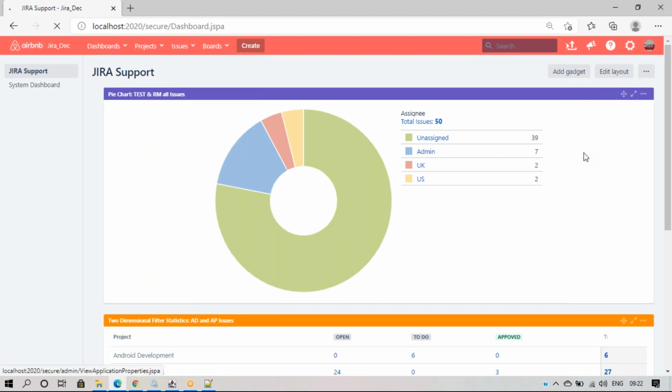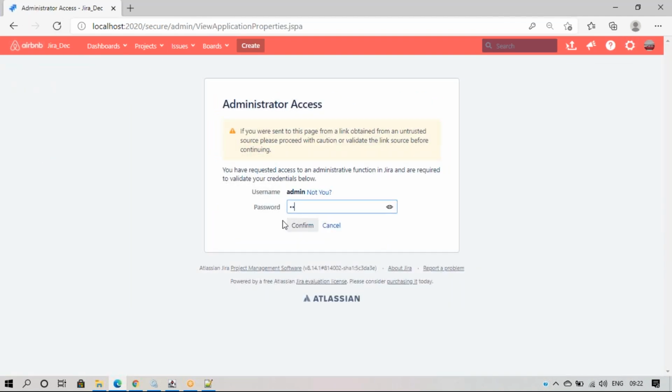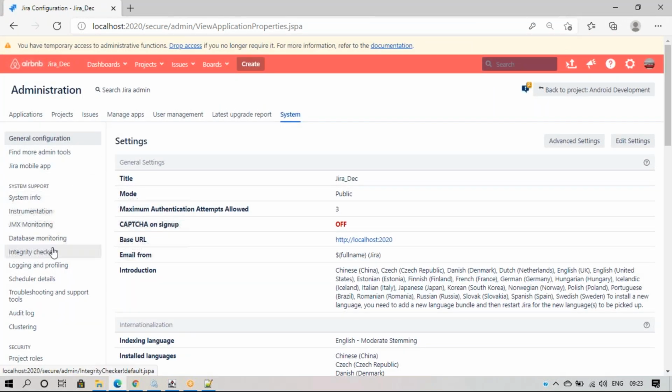If I go to system info, I can see I have some attachments and I've installed many plugins here. If I go to manage apps, I have many plugins here.